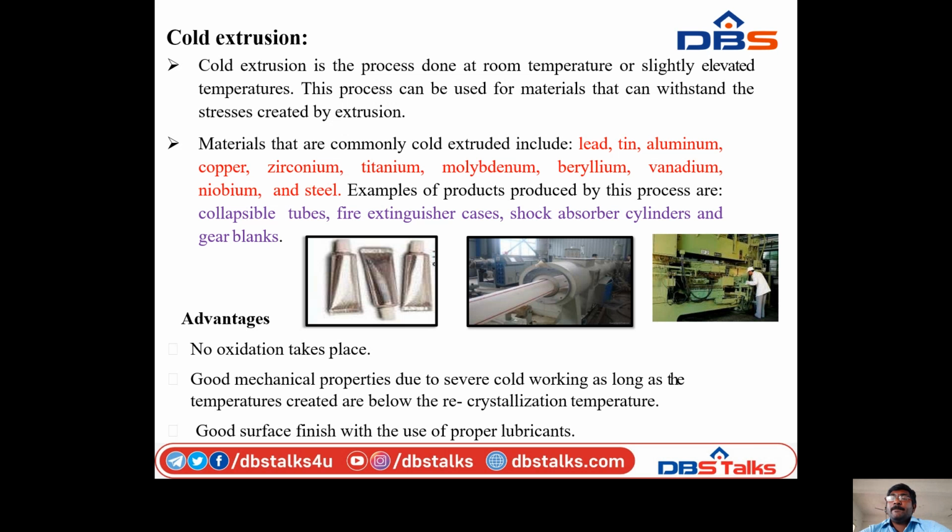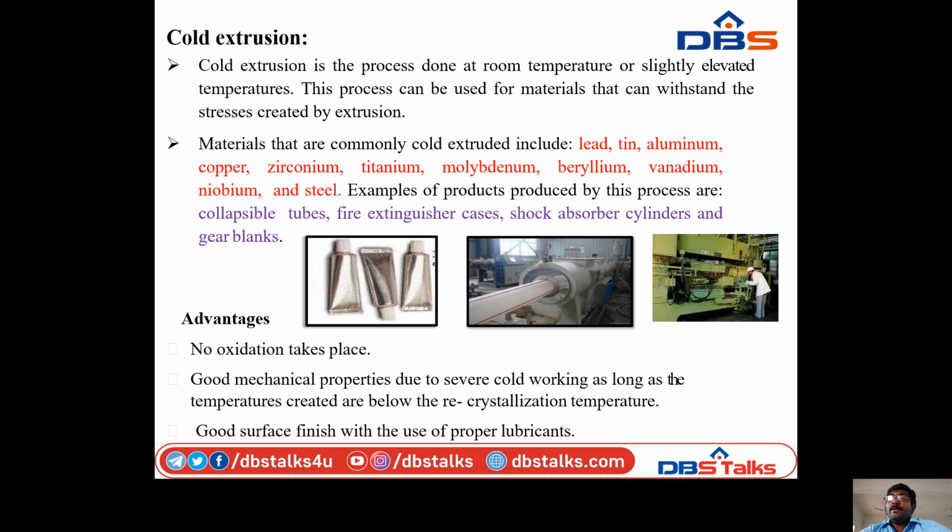Cold extrusion. Cold extrusion is the process done at room temperature or slightly elevated temperatures. This process can be used for materials that can withstand the stresses created by extrusion. Materials that are commonly cold extruded include lead, tin, aluminum, copper, zirconium, titanium,